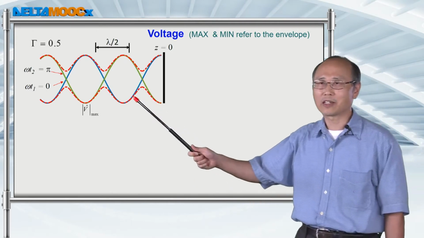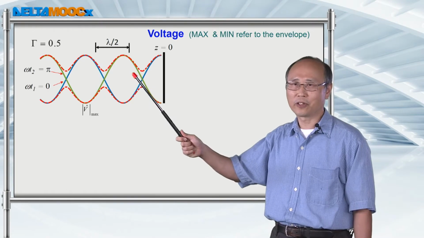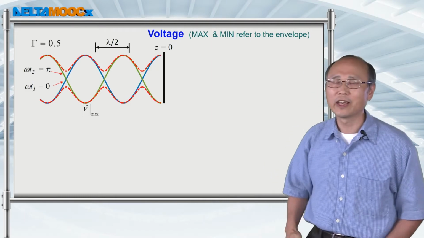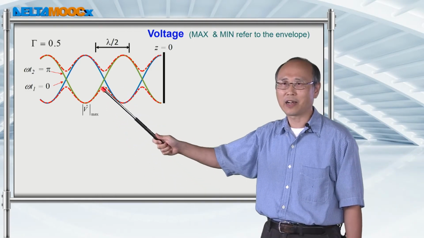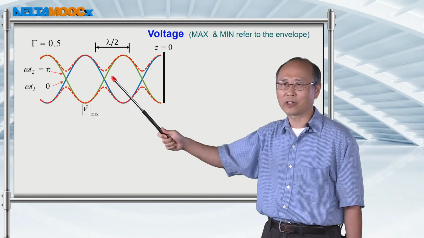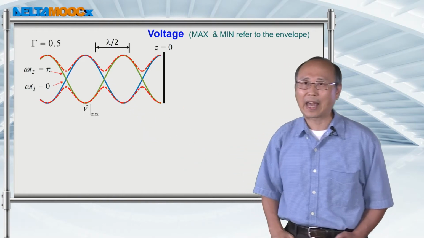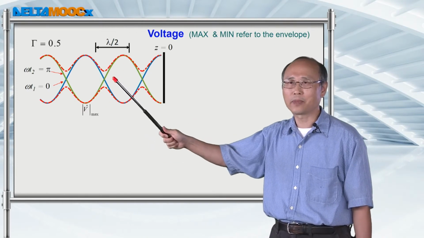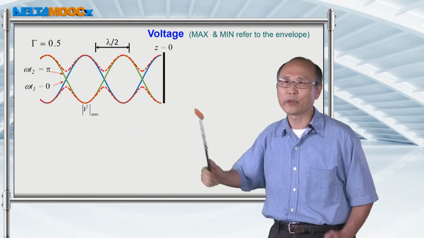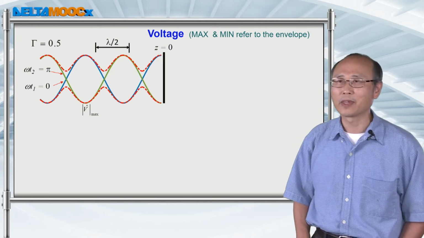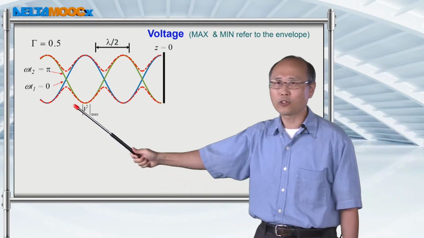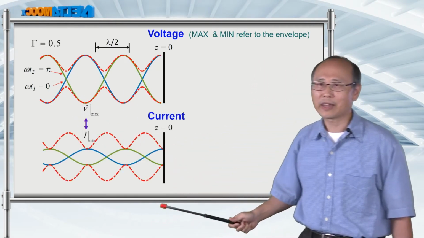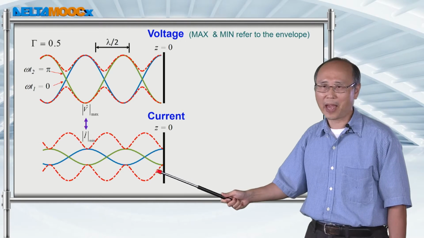So let's look at this again, the signal for the voltage. And the red dashed curve again is the envelope function. And what is oscillating inside are these 2 curves, the green curve and blue curve. At different times, the curve is going to move up and down, but all the signal is going to be confined within these red dashed curves. And so if I also plot the current signal at the same time, then I end up having this pattern.